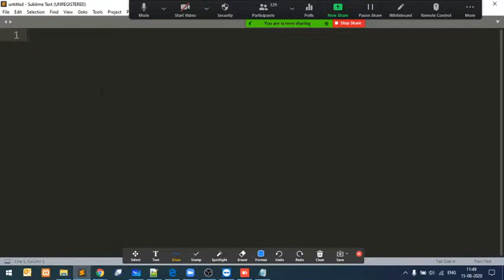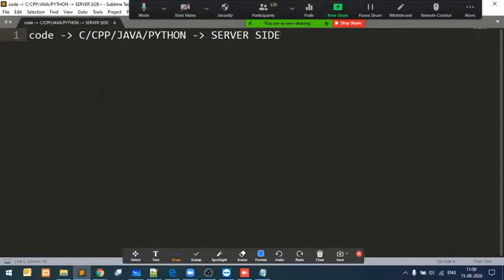Okay, so Sainath, whenever we are writing some sort of code, we need to do it for some coding purpose. The code might be in C, CPP, Java, or Python. First of all, we will understand that these languages are server side. These languages are processing